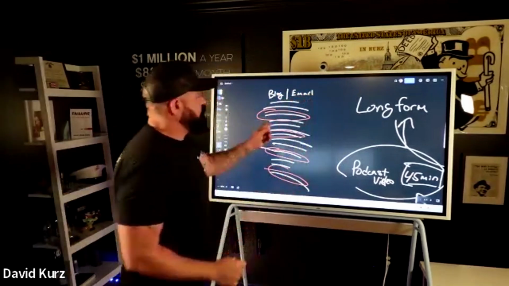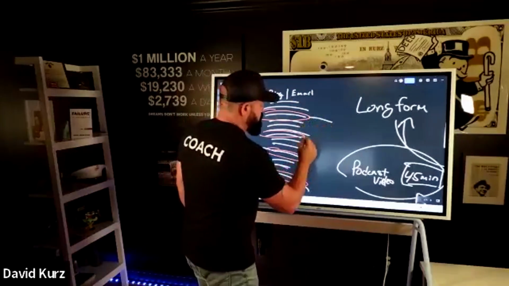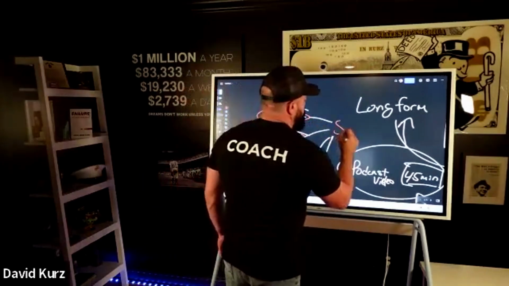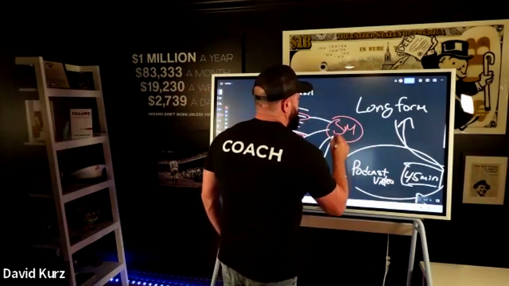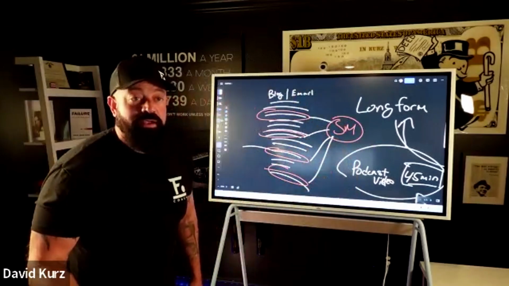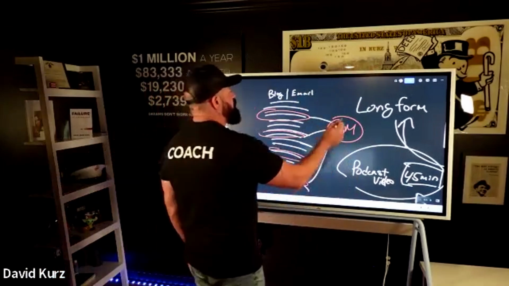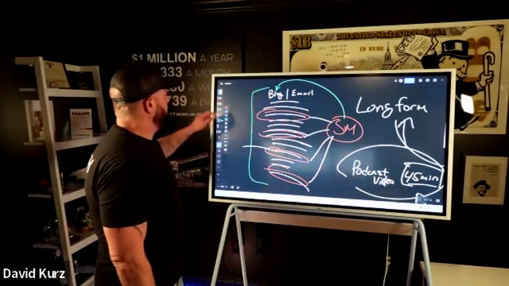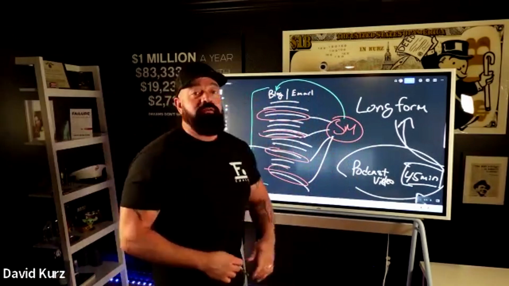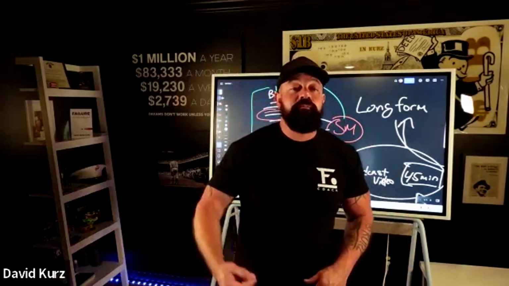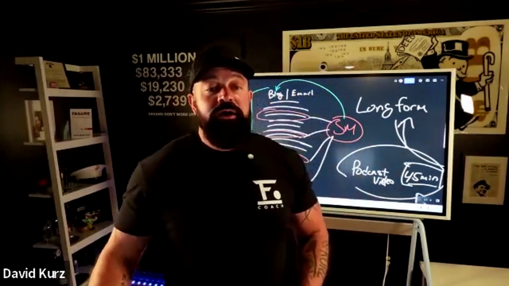And then I took the shorter pieces and put them on social media. That social media was designed to give a little bit of information and then link people back to the main blog so they can read the full content of the blog. This is a vicious cycle of creation, but it's worth every piece of it, okay?